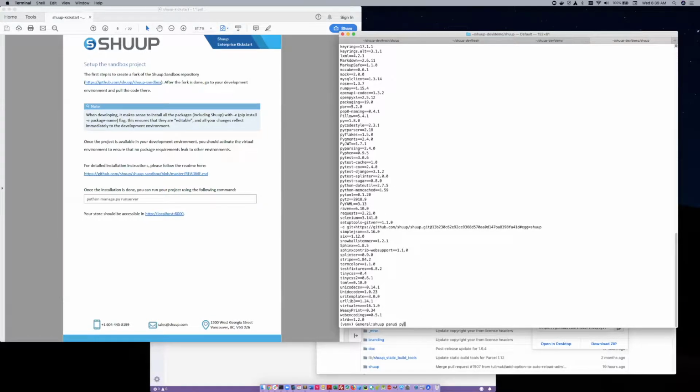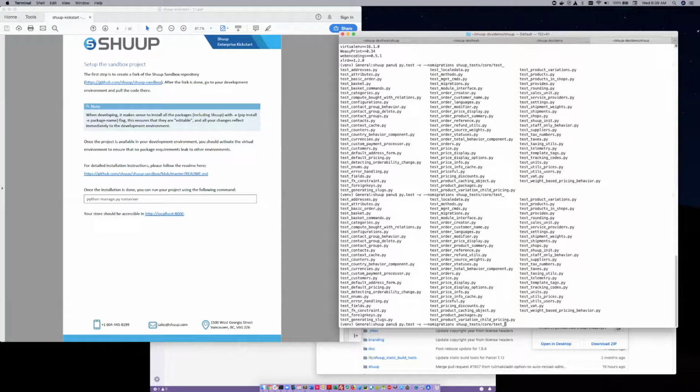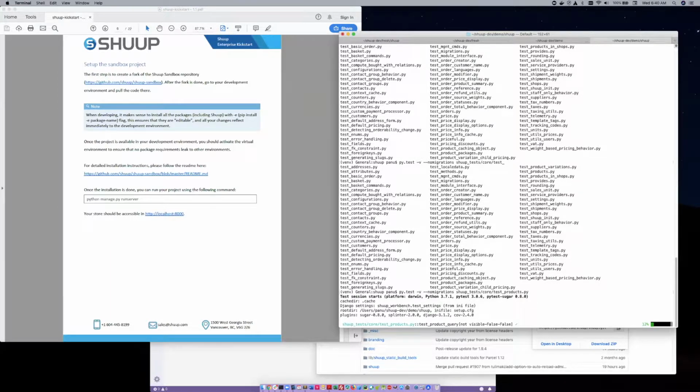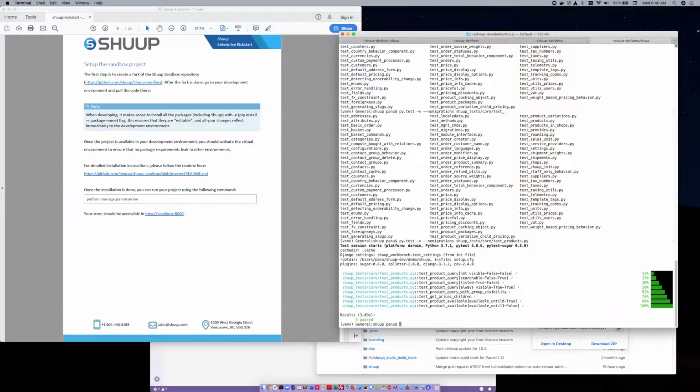So next step, when you're doing development, you likely want to check that you are able to run the tests. That usually proves that your installation is done correctly. Usually it's enough if some tests pass. And yeah, next you want to do the basic test of Shuup and